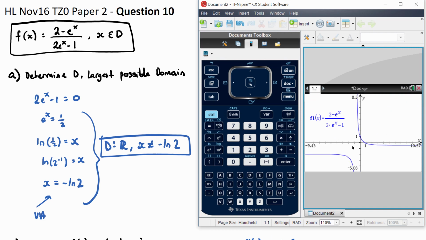This makes sense from what we found our asymptotes to be. There's going to be x equals negative ln2, which was about here. And then there were horizontal asymptotes when y equals negative 2 and y equals negative a half. So firstly,